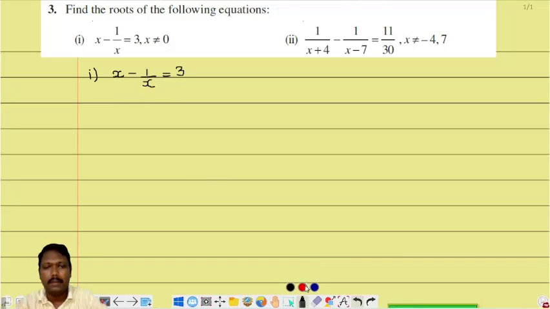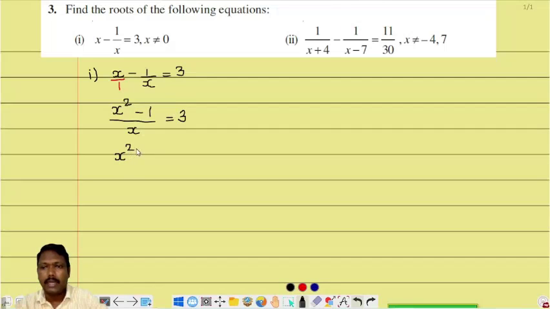So I am doing it here. We can give x divided by 1, and minus 1 by x is equal to 3. Now we can cross multiply this. While cross multiplying, we get x into x, it is x squared, minus 1 into 1 is 1, all divided by 1 into x, which is x, is equal to 3.